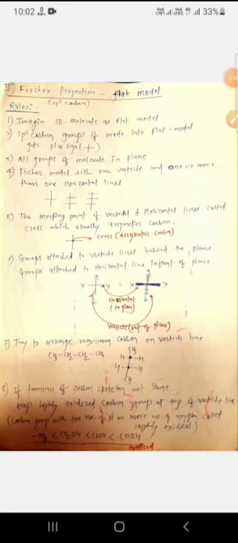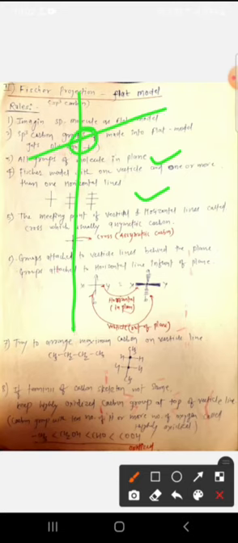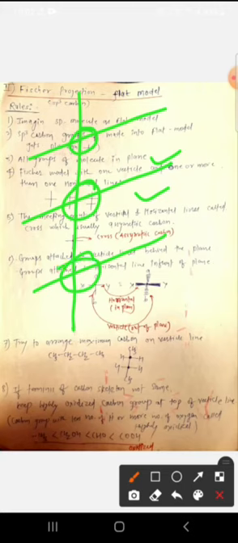Then the third rule: all groups of the molecule are shown in the plane. Then the fourth rule: the Fischer model has one vertical and one or more horizontal lines. This is one carbon, another carbon, another carbon. We have to take it like this. This carbon has four substitutions, another carbon has four substitutions.